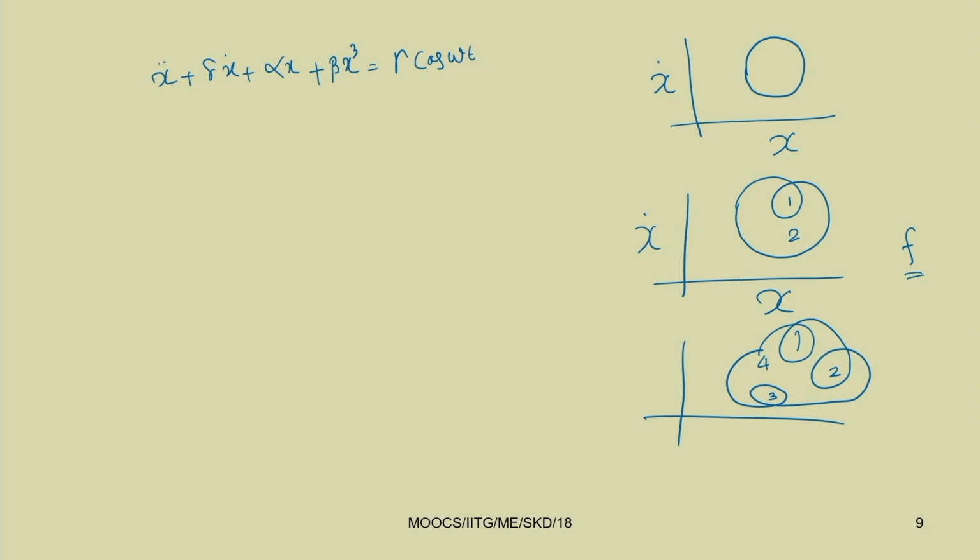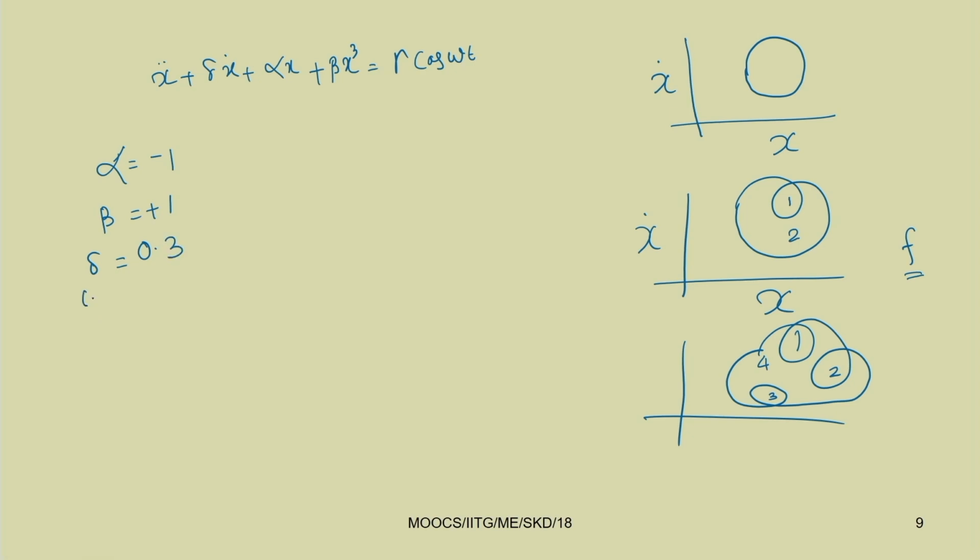If you take the value, for example, alpha equal to minus 1, beta equal to plus 1, delta equal to damping, let you take equal to 0.3. So, damping equal to 0.3,